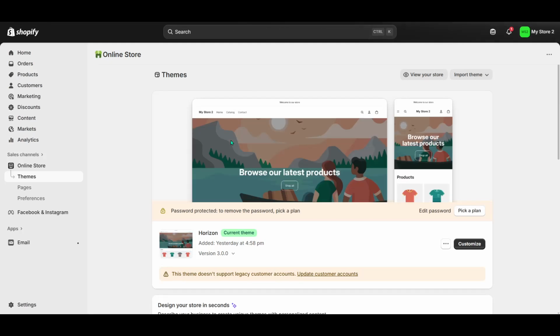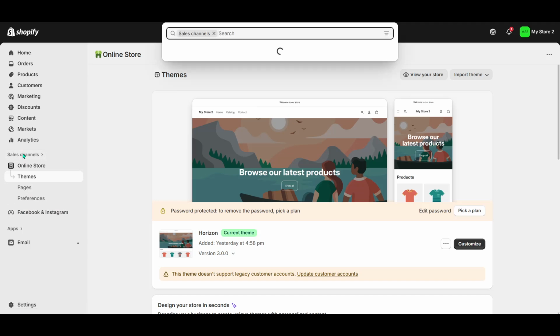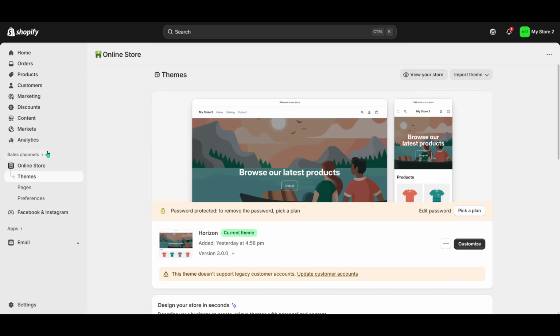First, make sure you're logged into your Shopify admin panel. Once you're there, direct your attention to the left panel, which you'll see as your main navigation hub. Here, we're going to click on Apps. This section is where Shopify houses all its applications, offering you a variety of tools and integrations that can optimize